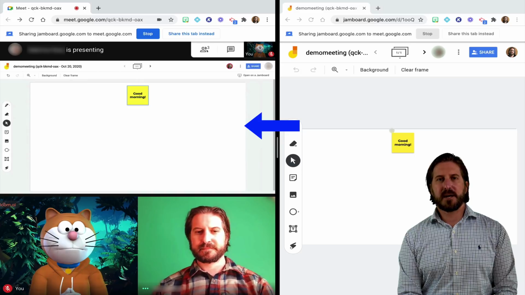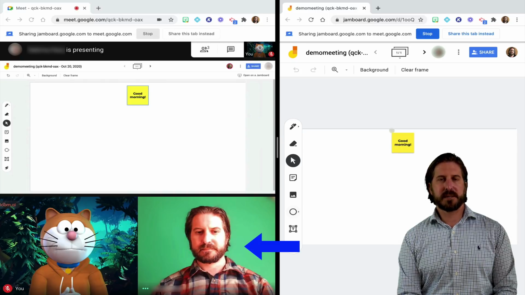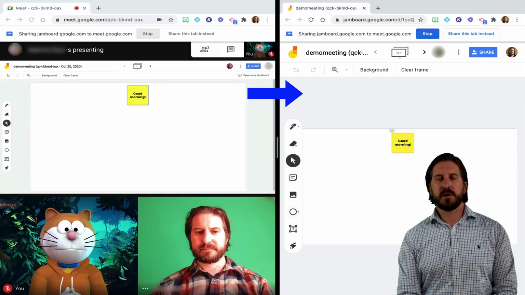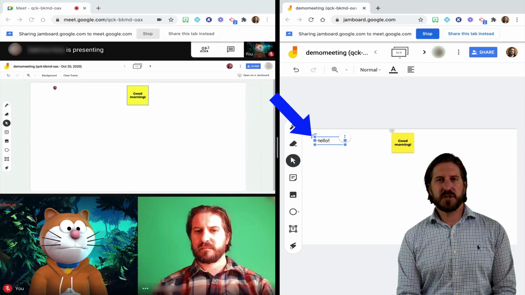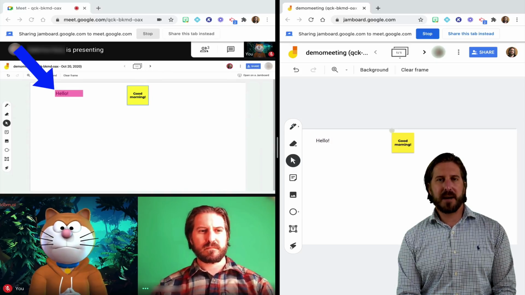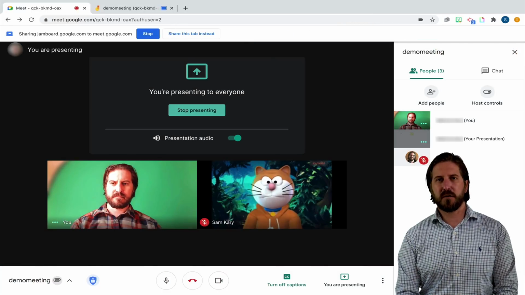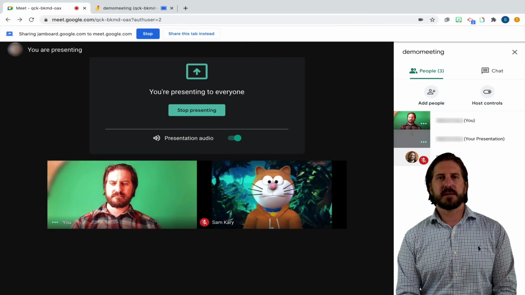So what you can see here is that on one side, they would be able to see the screen that's being shared through the Google Meet meeting, as well as the other participants in that meeting. And then they'd have their other tab open with the Jamboard that they can actually write on. So here you can see that the student could add some text. And then once the student adds that, it's going to show up immediately on the collaborative Jamboard for everybody else to see as well.